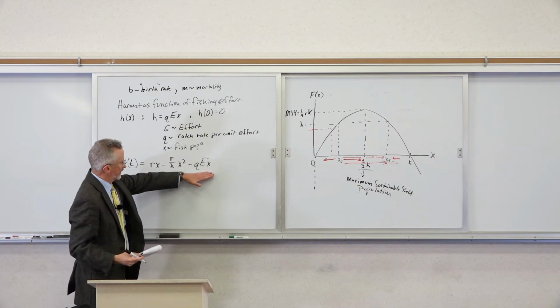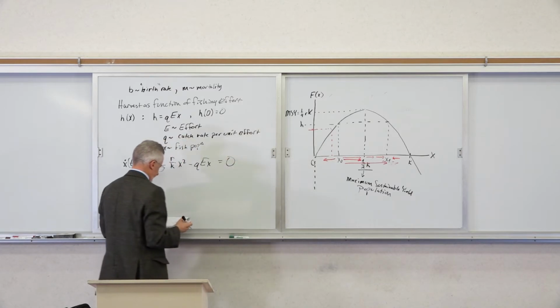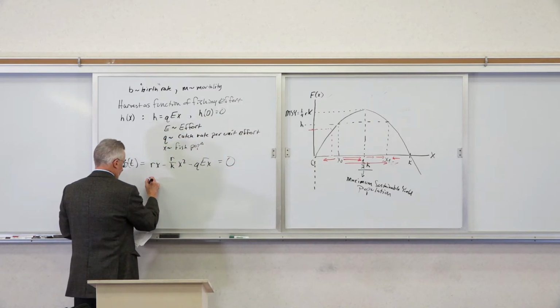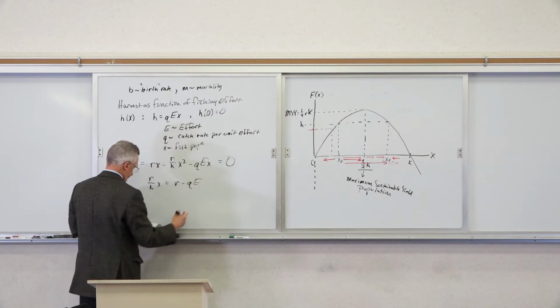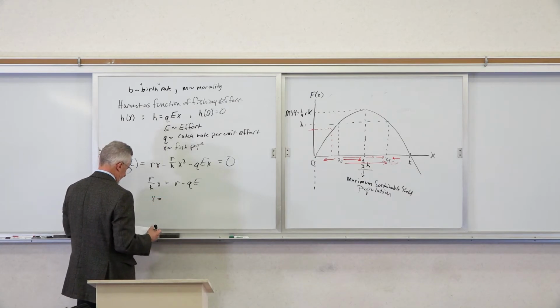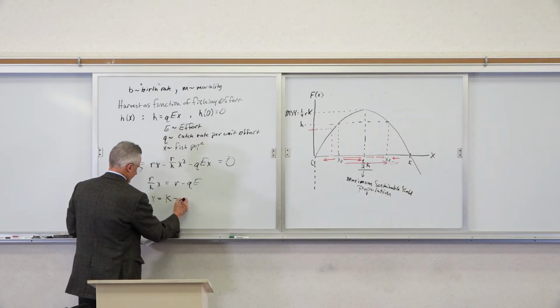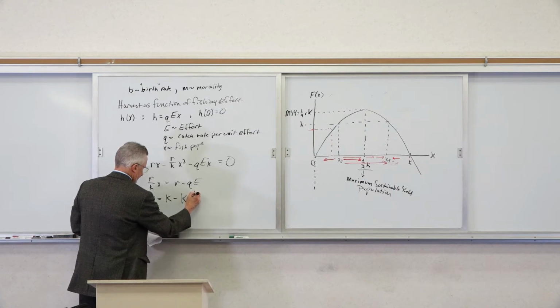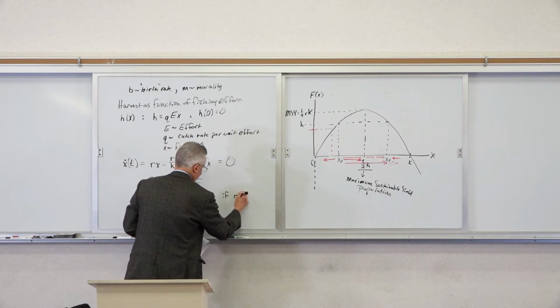Put in my harvest rate right there. And it's now all a function of that, and that's equal to 0. Great. And so I also know that if I want to solve that, RKX equals R minus QE. So therefore, X is equal to K minus KQE over R, which is greater than 0 if R is greater than